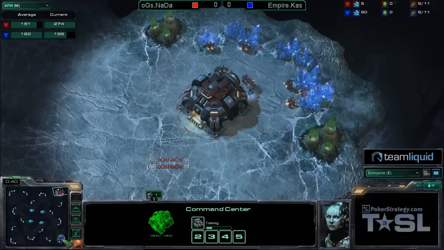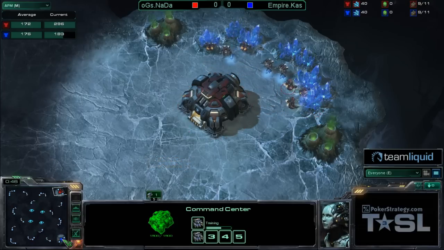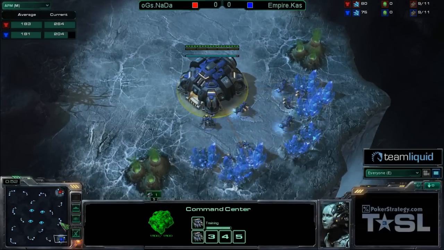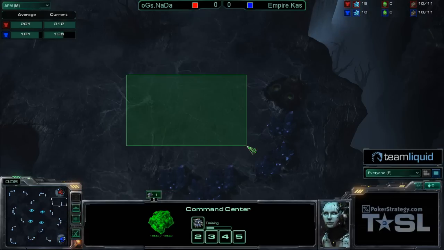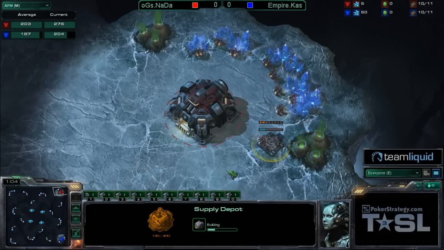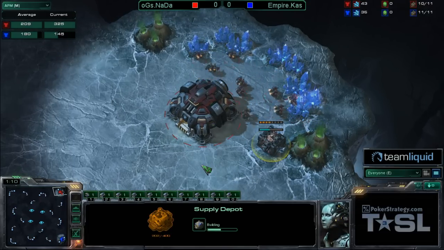Their spawn locations. Once again, it's always important to note this on a lot of Korean-style maps, just how the expansions are laid out. The natural for Empire.Kas is going directly towards his opponent, but the mineral expansion inside the main base of NaDa, which does have a geyser there as well, is towards his opponent. So if there's any air rushing, it'll favor Kas, I would say. Any ground rushing will most likely favor NaDa, but that does dictate the kind of builds that you can go